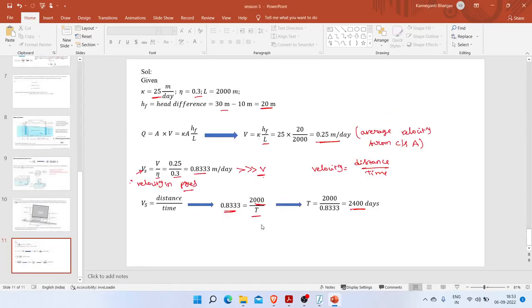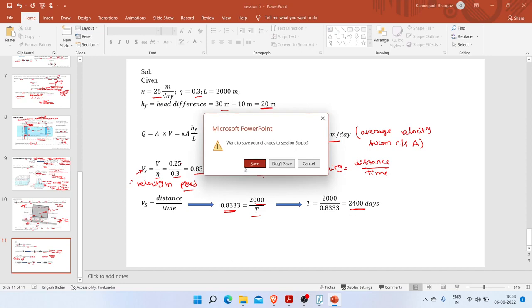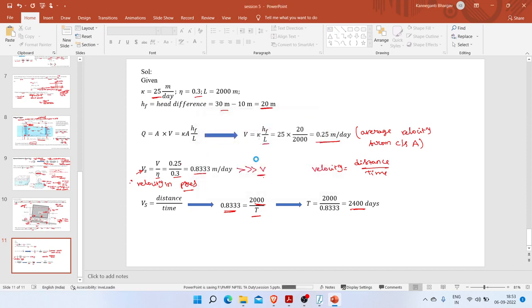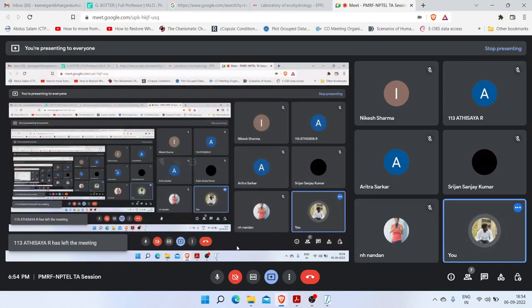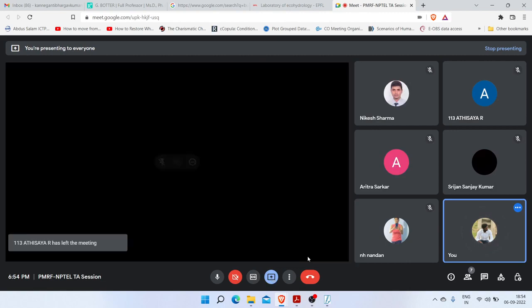So this is the introduction to groundwater hydrology. This is session 1. In session 2, I'll introduce transmissivity and other things. Okay, I hope